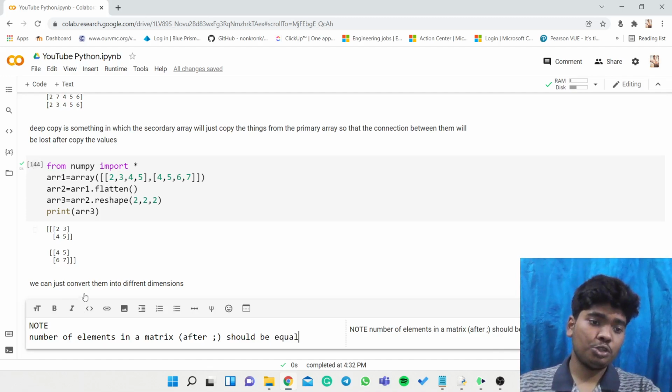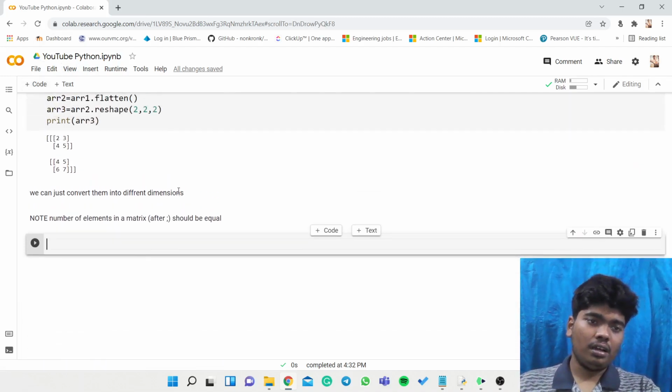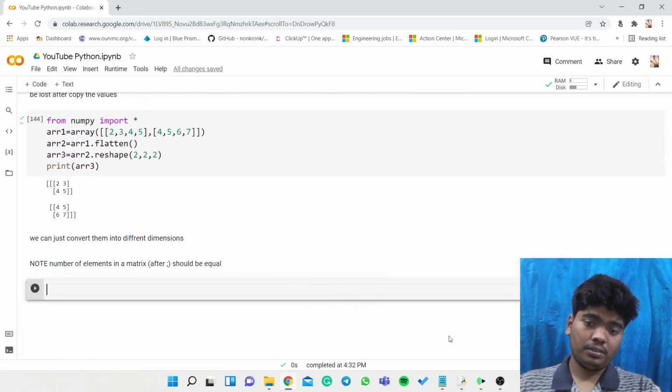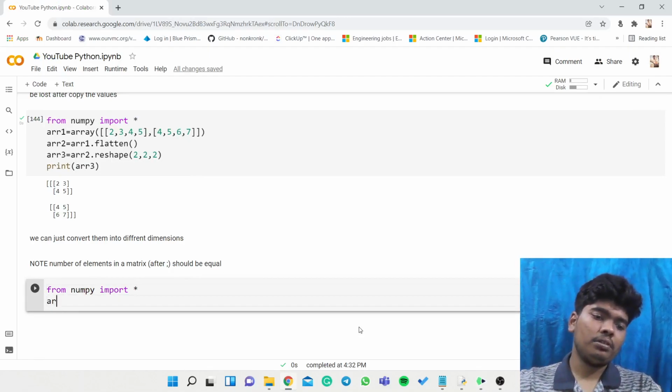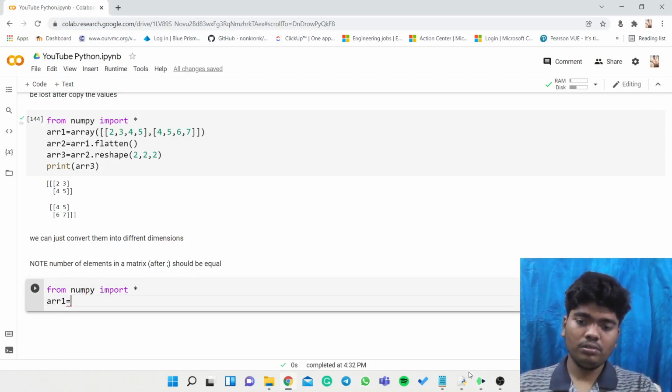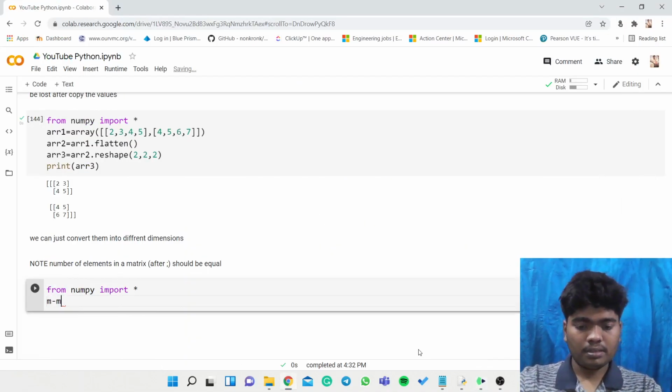Let me show you an example. From NumPy import star, m is equal to matrix.